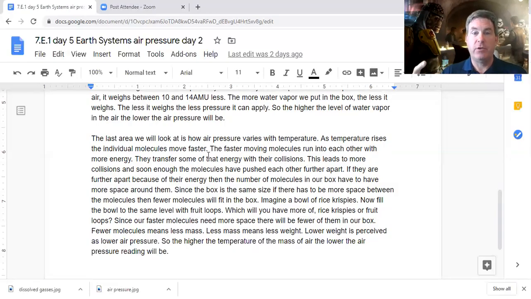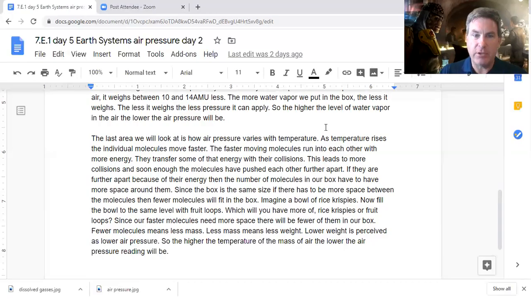As they move faster, remember, they're bing, bing, bing, bing. It's a big pool table. They're all bouncing into each other. The faster moving molecules run into each other with more energy. So, when the linebacker weighs 100 pounds and runs into the running back, there's a small collision. When the linebacker weighs 200 pounds and runs into the running back, it's a bigger collision. When the linebacker is 240, like Luke Kuechly, and runs into the running back, it drives the running back backwards